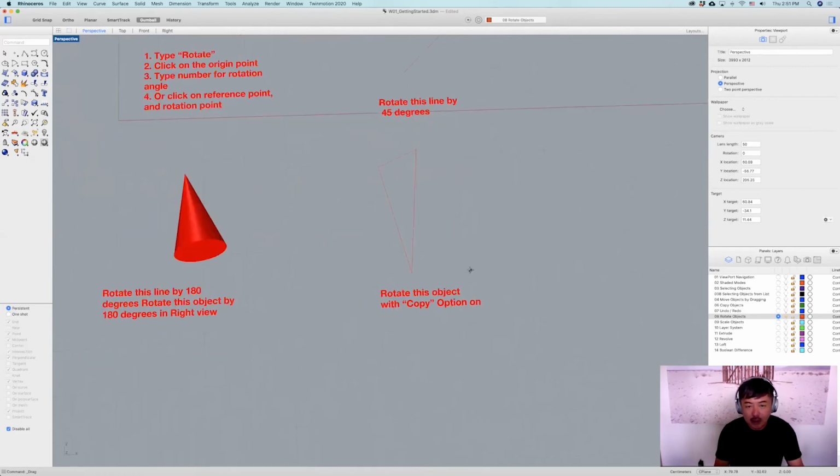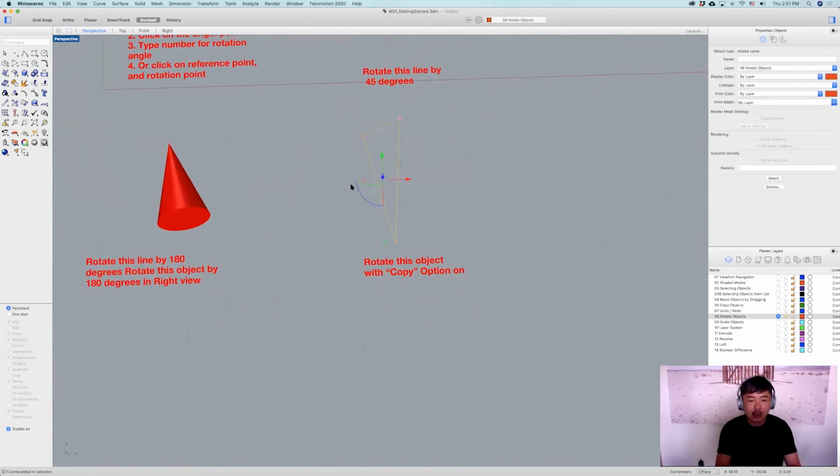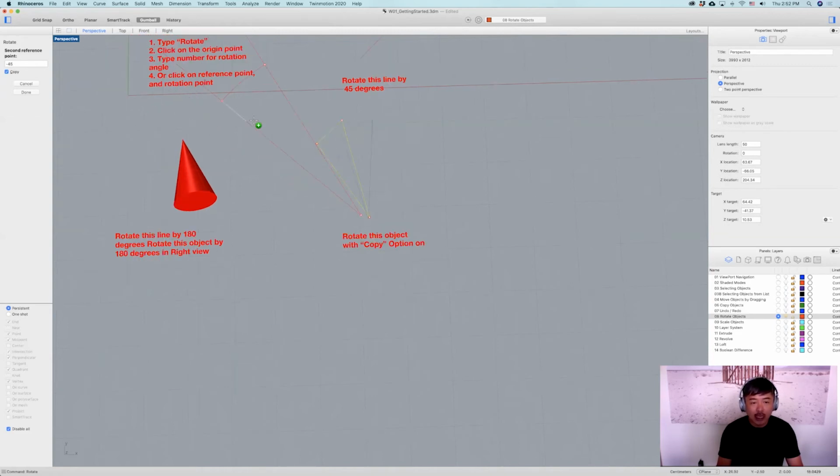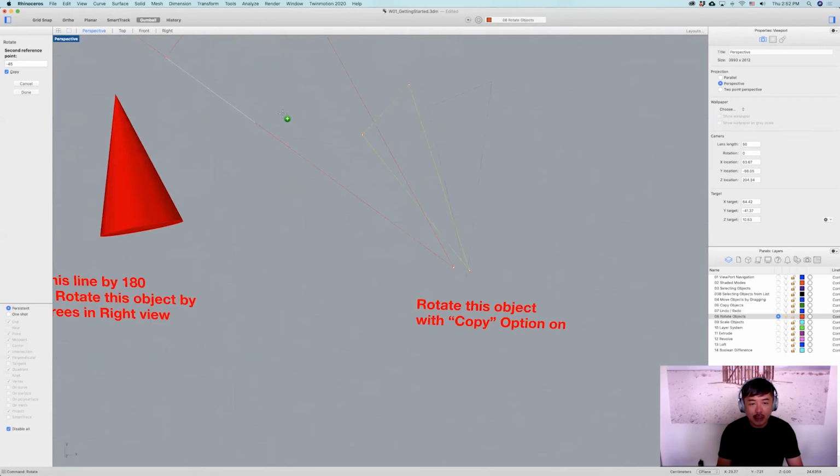So in this case, I can select this object and type rotate. Then for the center of rotation, I am going to just set it over here. Then I am going to click on this copy option. On Windows, it's going to be inside of the command line, so you can just go ahead and click it there. Now every time I rotate this object, it's going to create a copy of it,